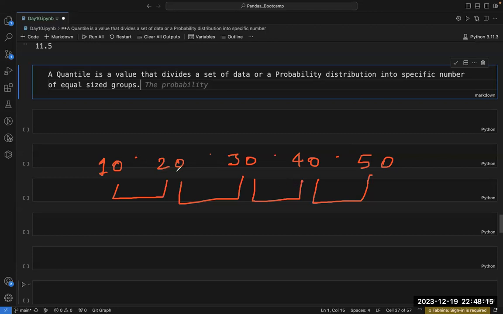Because I want to separate these things. These cuts, these separations, are basically called quantiles. They mark the boundaries between each group, ensuring that each group has roughly the same number of data points. So now, the qth quantile,